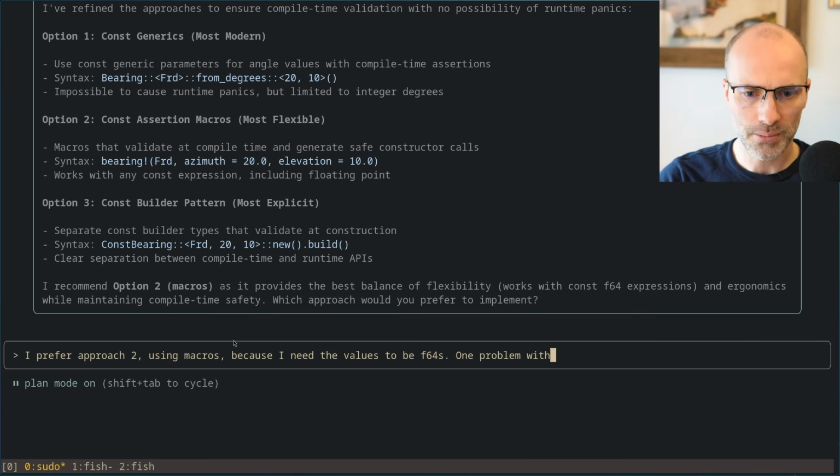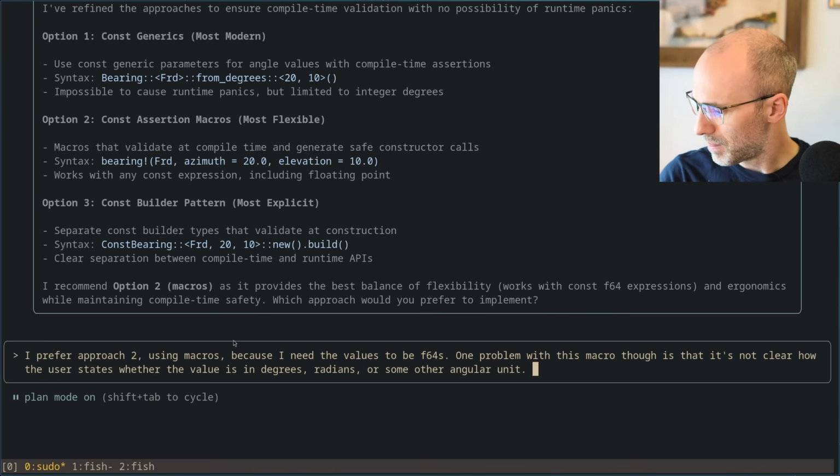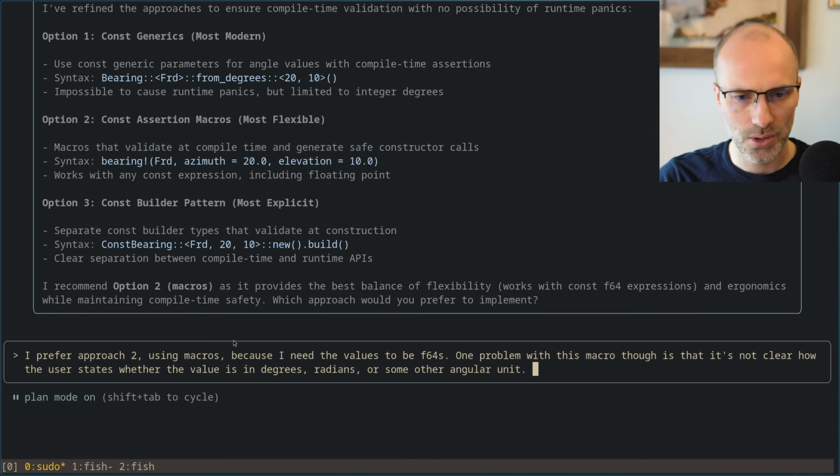One problem with this macro, though, is that it's not clear how the user states whether the value is in degrees, radians, or some other angular unit. How do you propose?